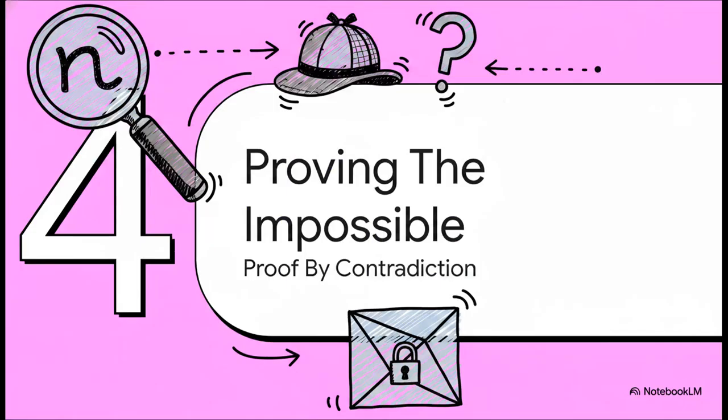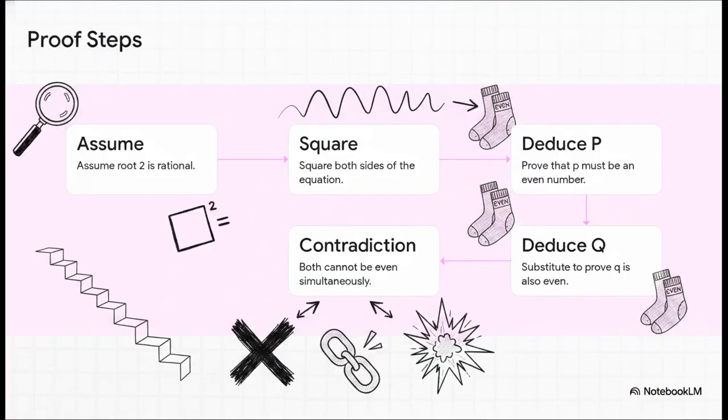That brings us to Section 4, proving the impossible. Okay, let's really dive into this logic. We use a method called proof by contradiction. Think of it like walking down a logical staircase. First, we assume the suspect's alibi is true. We assume the square root of 2 is a rational fraction p over q, where p and q share absolutely no common factors. Step 2, we square both sides and rearrange things to get p squared equals 2 times q